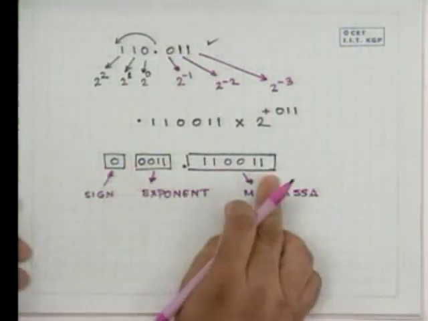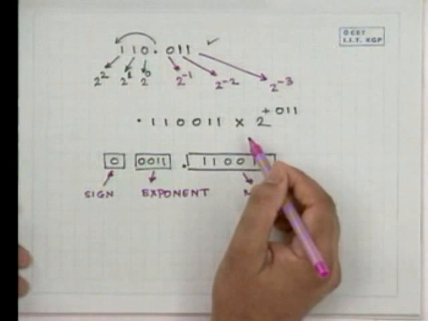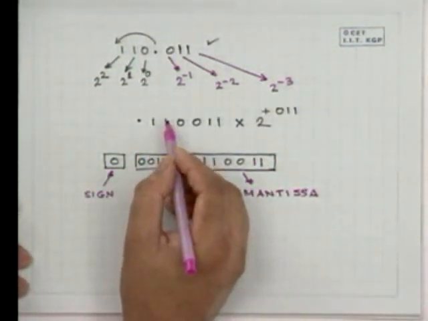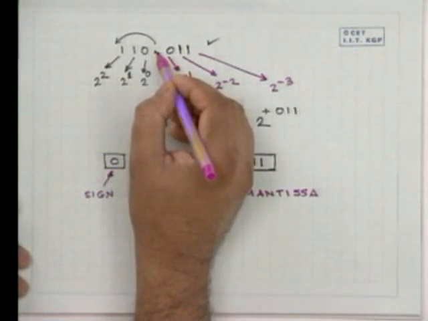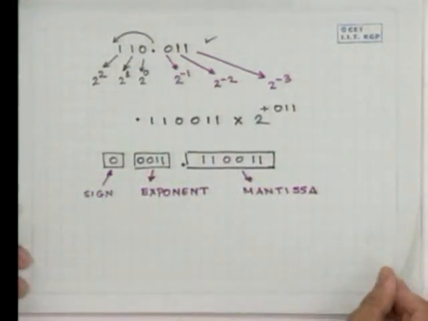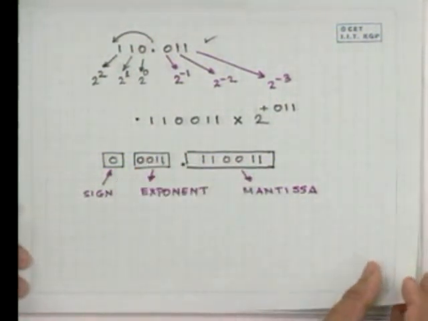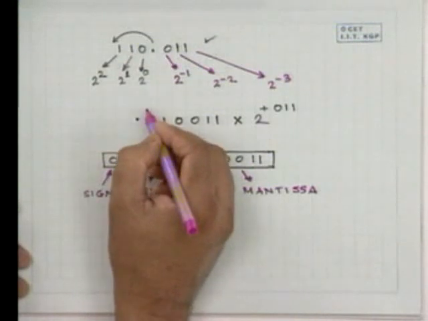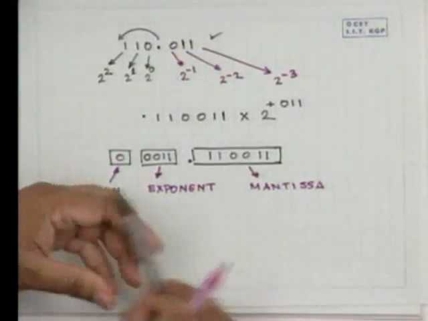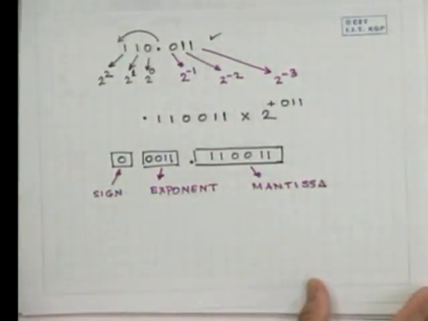Now, this is the representation for a number which we can represent with the help of a binary point. Now, such a number we call a floating point number, and which actually represents a real number in the computer. So, let us see what turns out to be the situation a bit clearly,